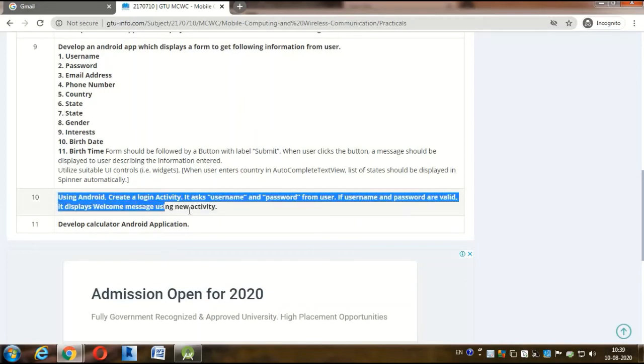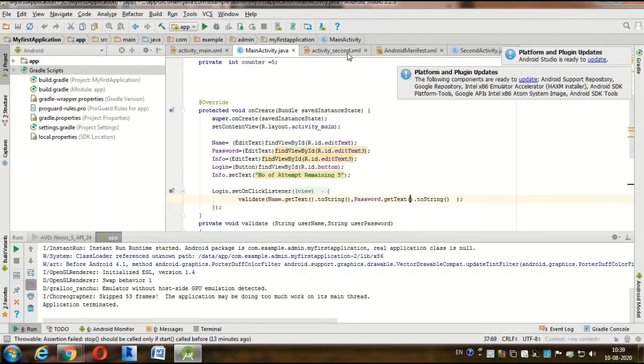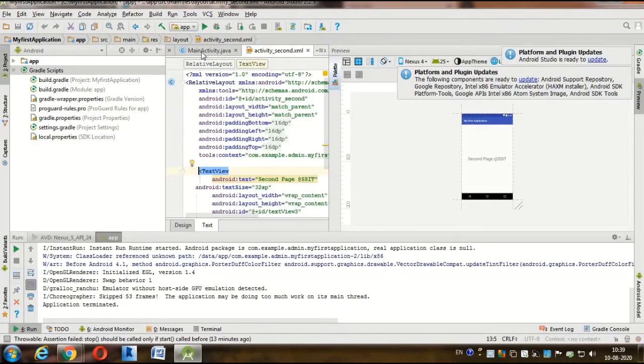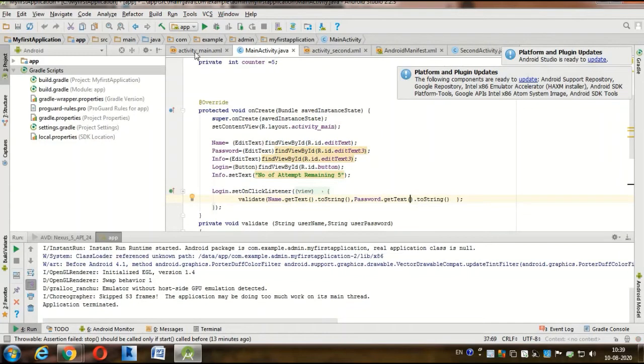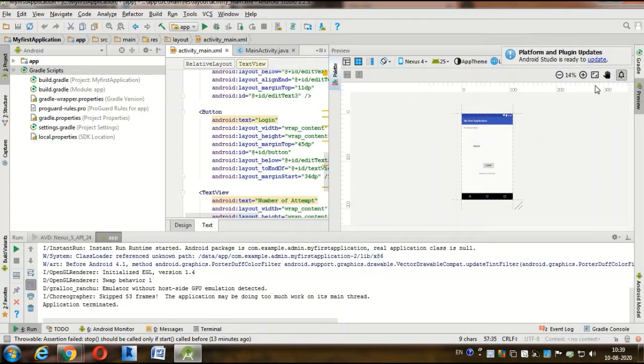For this type of practical, we need to modify the design page. Our first design page looks like the main activity, the main activity and main activity dot xml.